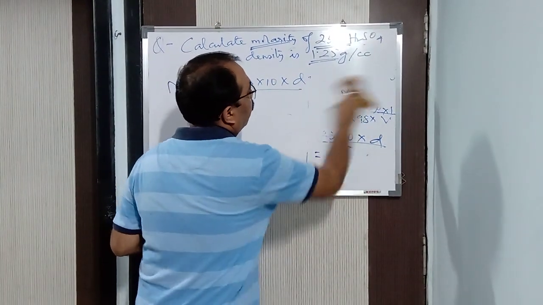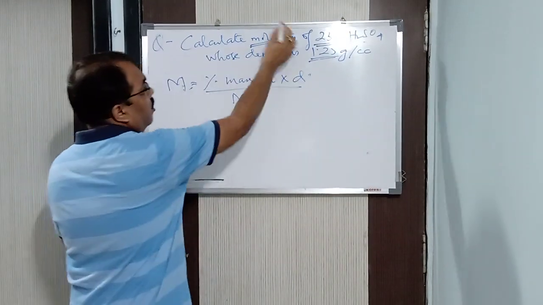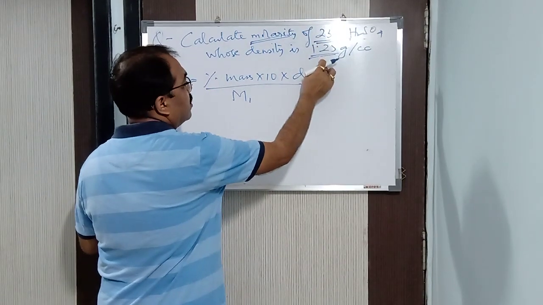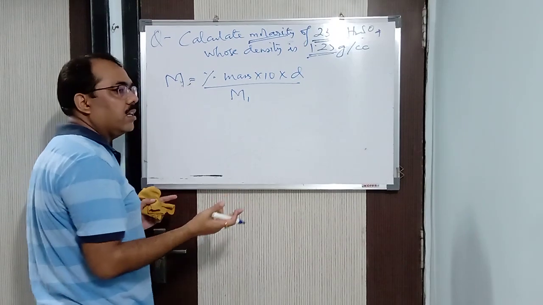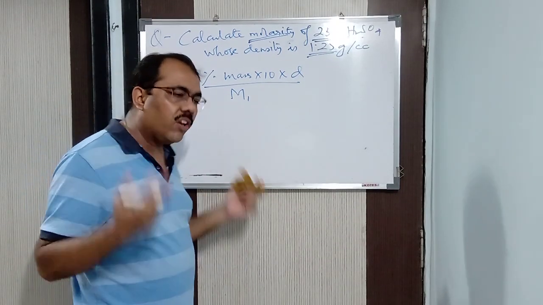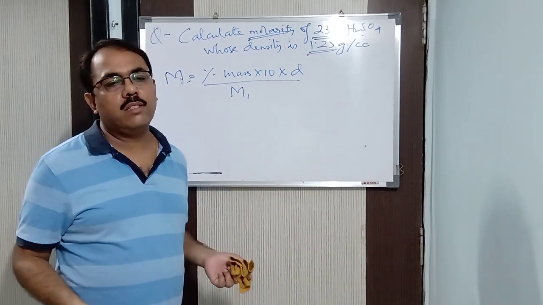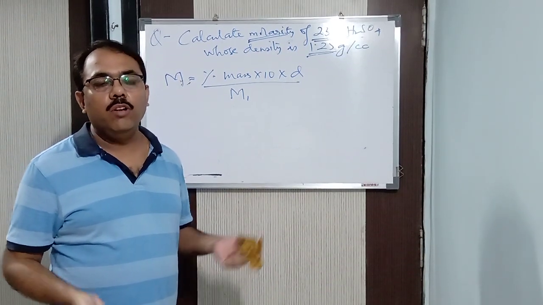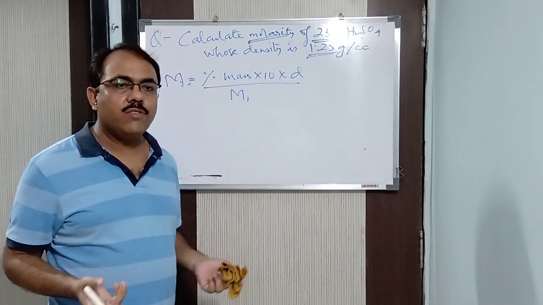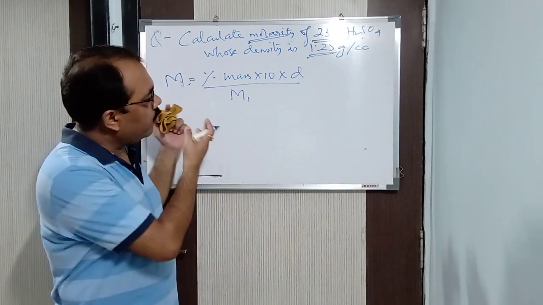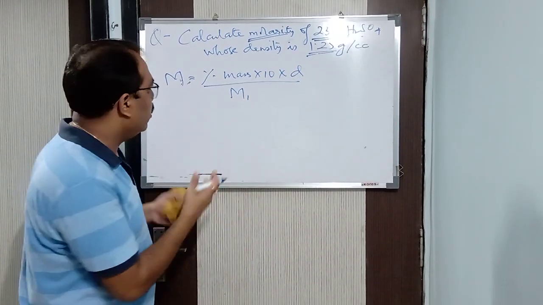Is it clear? Where will you use this molarity formula? When this sort of question comes, when percentage mass is given and density is given, then you will use this formula to calculate the molarity of the solution. This is the easiest method. See, all these things are tricks. We learn them in class 11 and 12. These are the tricks which the teacher teaches you. You will not get these tricks in the book. You will get them from us itself. You have to learn these tricks, understand them, and apply them while doing the questions. That's it, very simple.